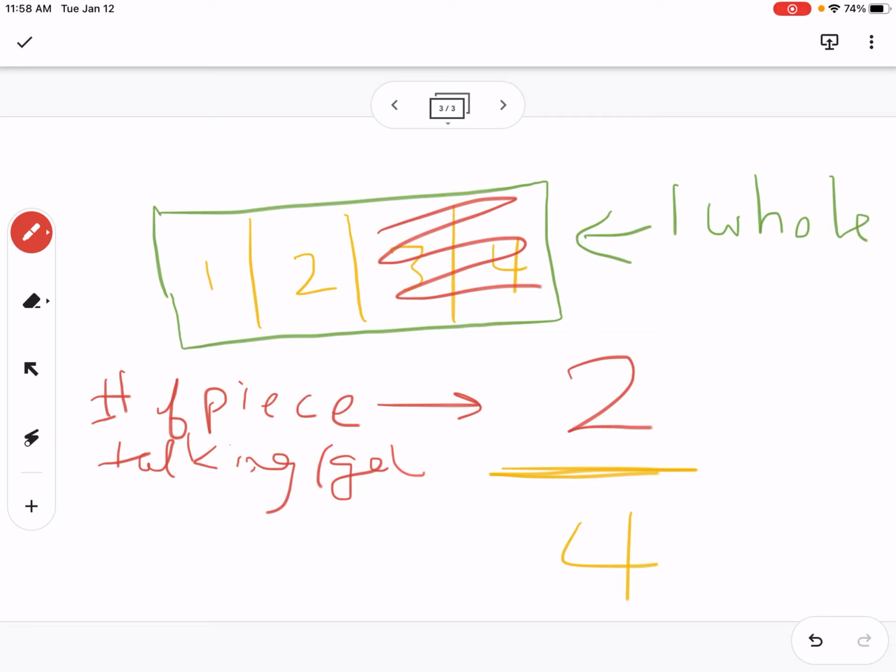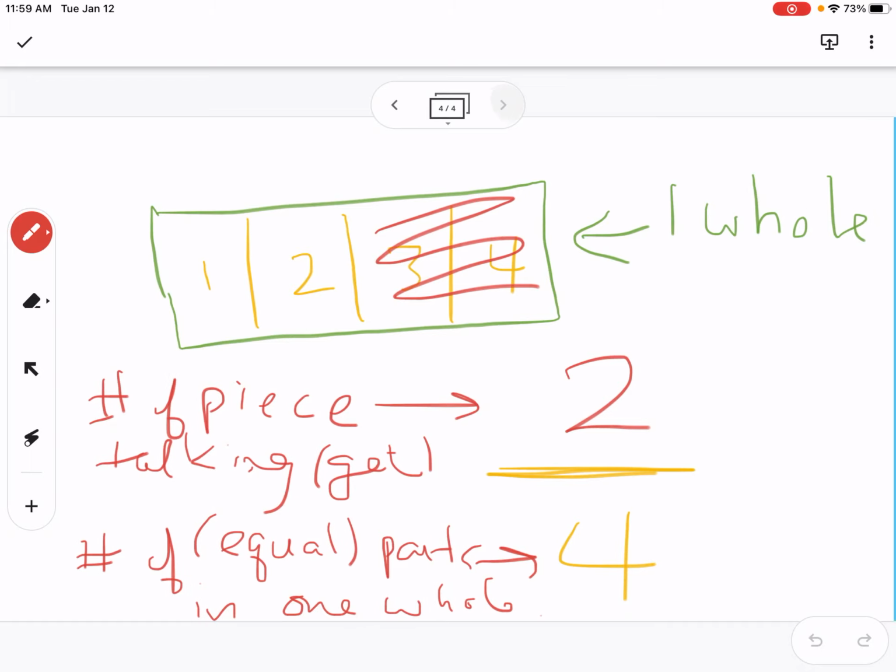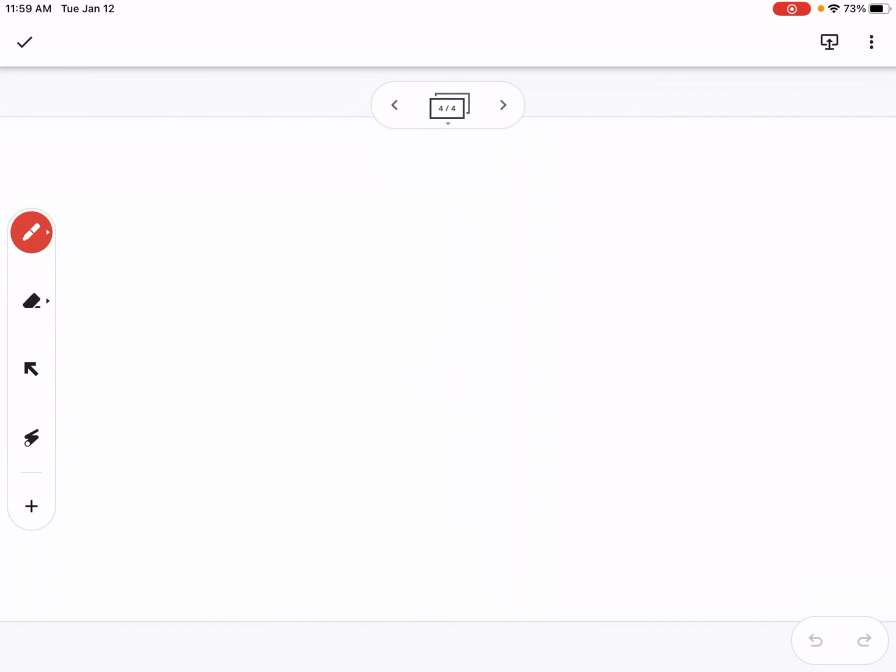And the bottom is the number of, and again, equal. This always means equal, although I will leave that out, but that's not on purpose. Number of equal parts in one whole. All right, let's change this up. Let's imagine that we have, let's go with another